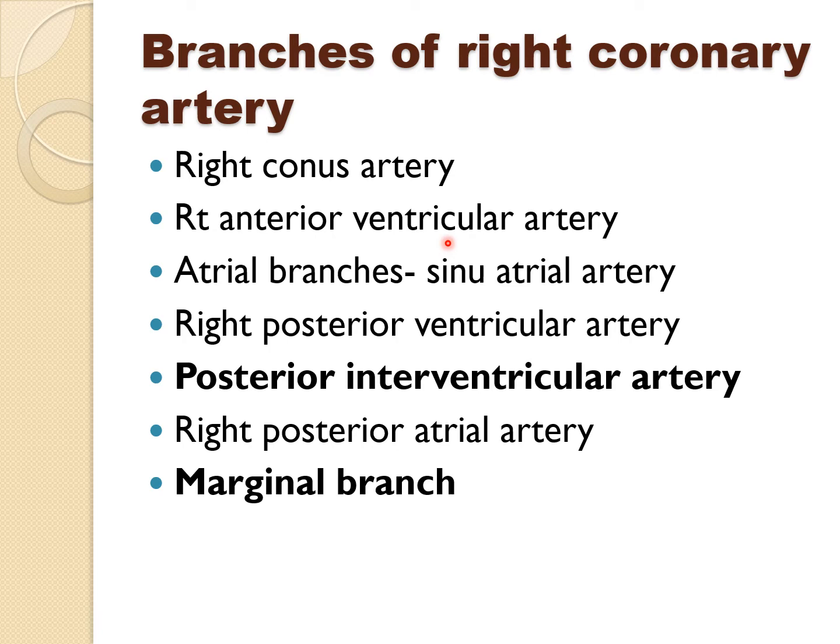In such a case, the name given is third coronary artery. So what other name did we give to the right coronary artery branch? Third coronary artery. Why do we call it the third coronary artery? Because sometimes it arises directly from the aortic sinus. Just as the right coronary artery arises from the right aortic sinus, and the left coronary artery arises from the left coronary sinus, similarly sometimes it arises directly. So this name is given, third coronary artery. But ultimately it belongs to the right ventricular rami. So the right conus artery is a branch of this ventricular rami or the first segment of this right coronary artery. It anastomoses sometimes with the left coronary artery, derived from the circumflex branch of the left coronary artery.